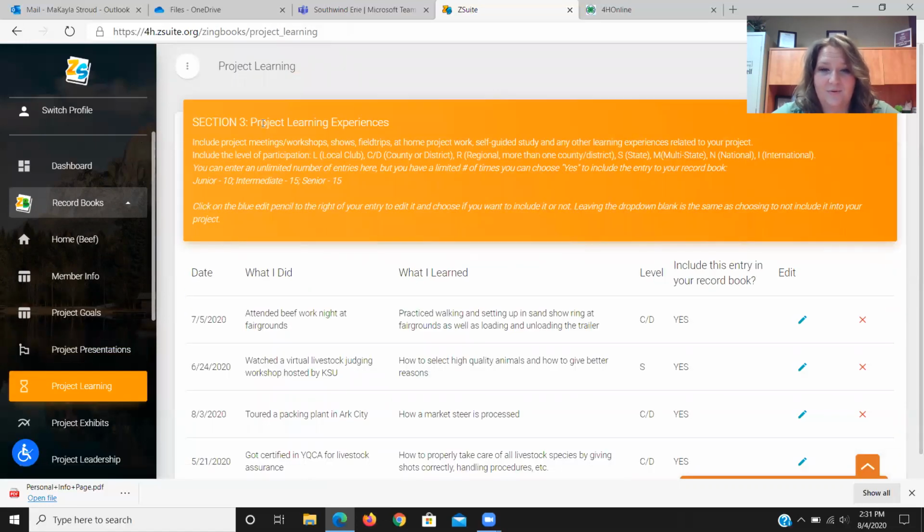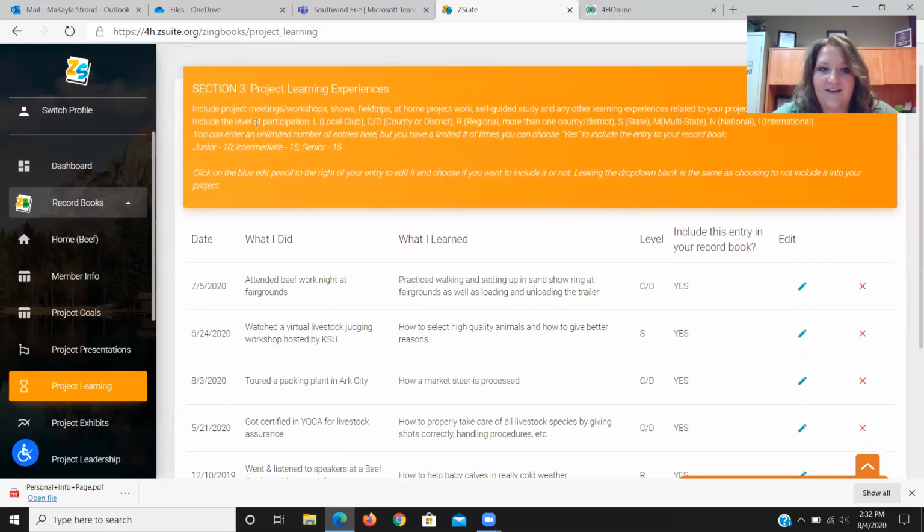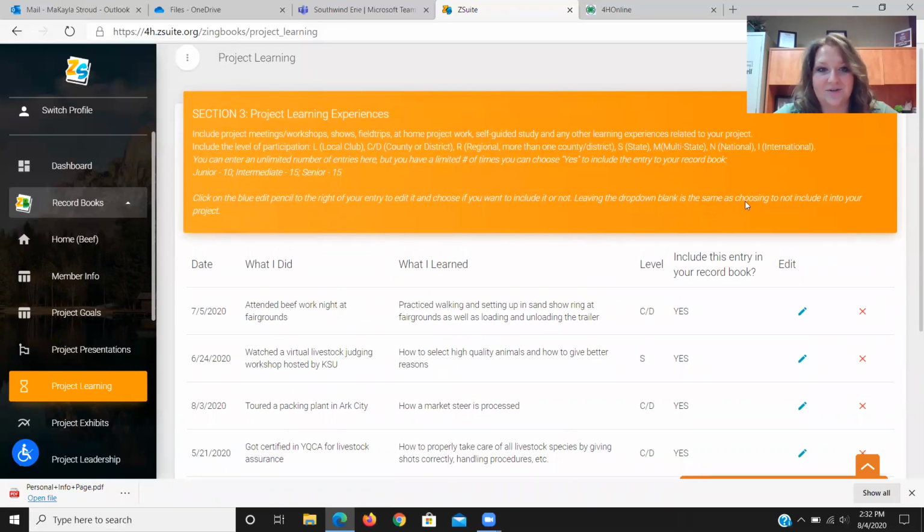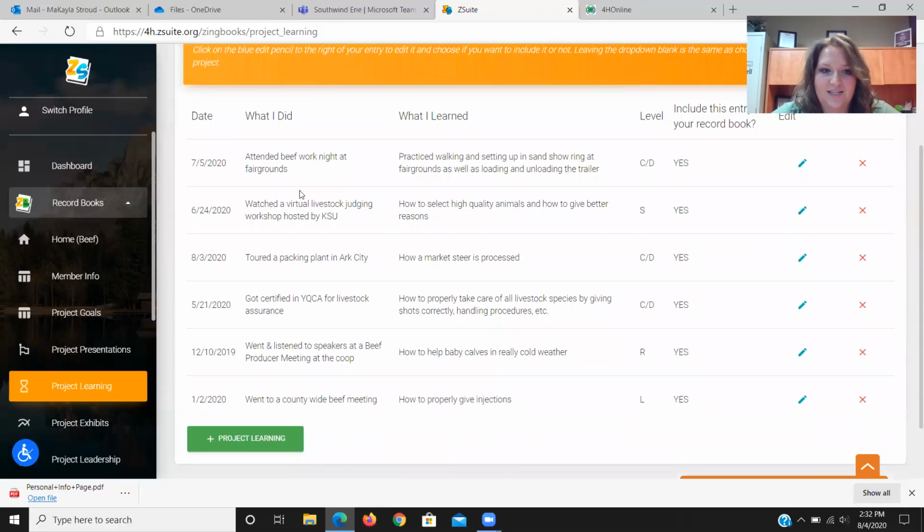The third section, the project learning experiences. So this includes project meetings, workshops, shows, field trips, at-home work, self-guided study, and any other learning experiences related to your project. Again, it does have the level of participation it should be. So L is local, C and D, which is county or district, R is regional, S state, and multi-state, and national, I international. So Taylor does have about 6 here, and it can be as simple as